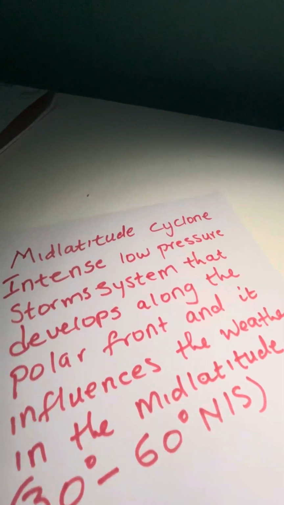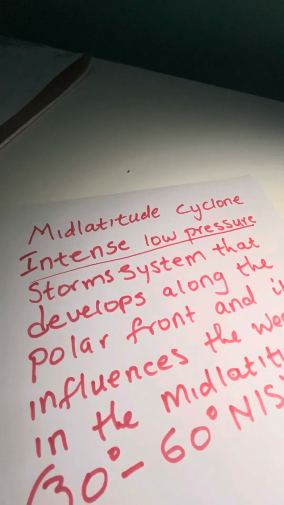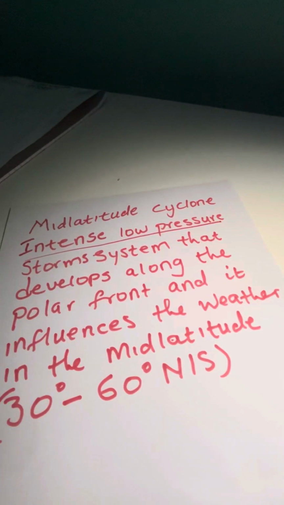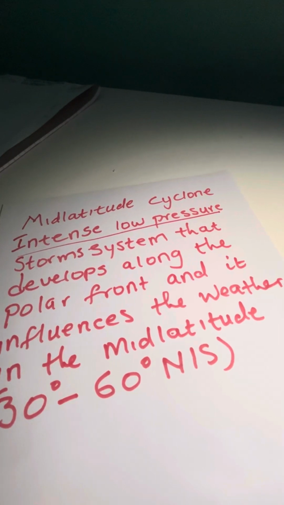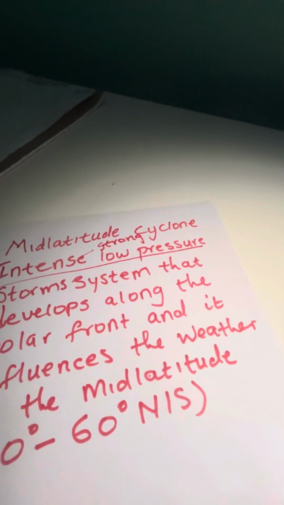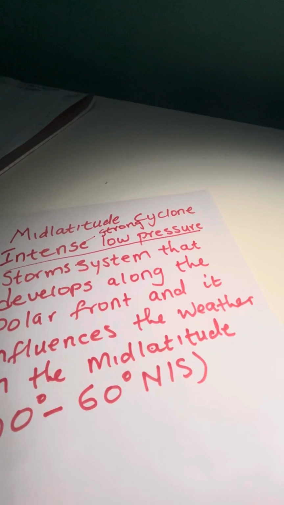First things first, we need to understand what is meant when they refer to an intense low pressure system or intense low pressure storm. It simply means that it's a strong low pressure system. All right, what is low pressure? If we have to understand this definition further,